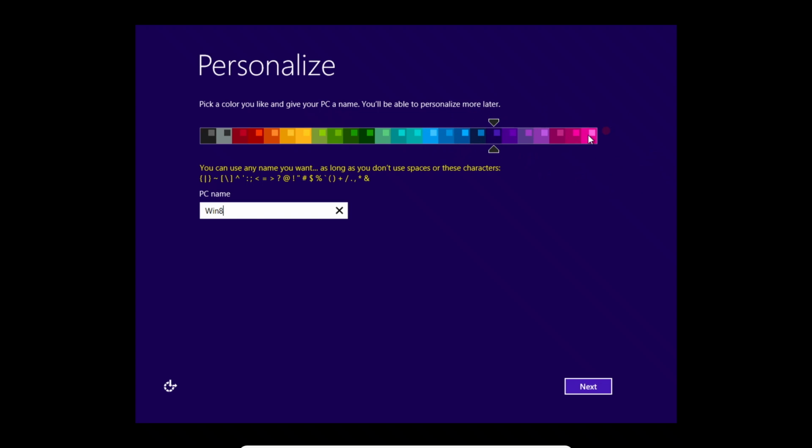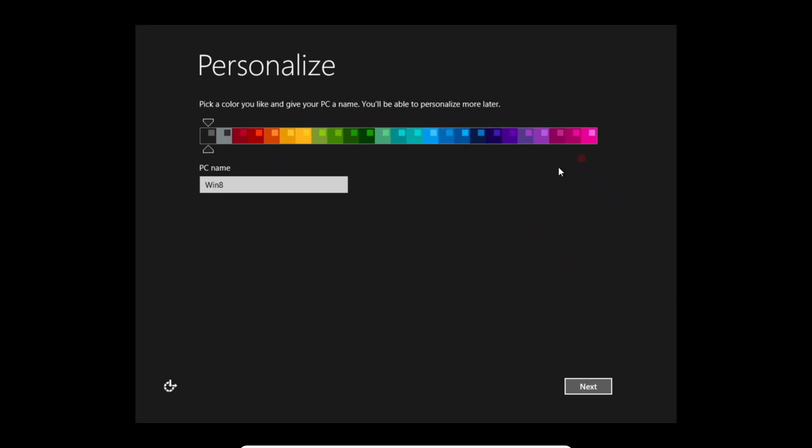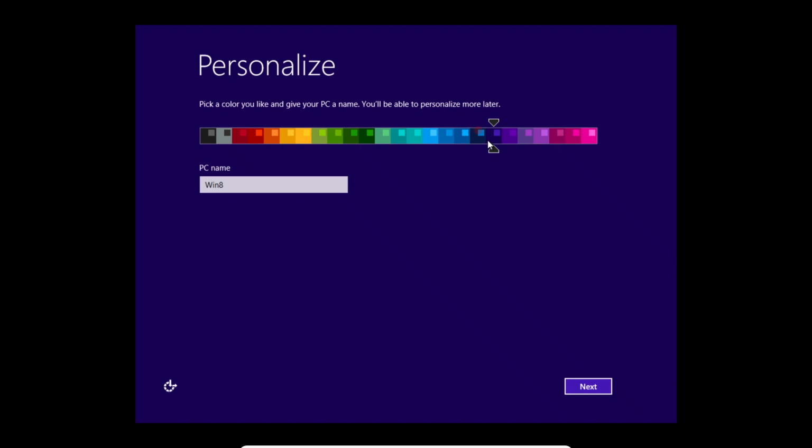I like this color. This is the default color in Windows 8, but you can choose any other color from here, like this, or black. I'll just leave it at the default one. Just click next once you have finished personalizing your PC,